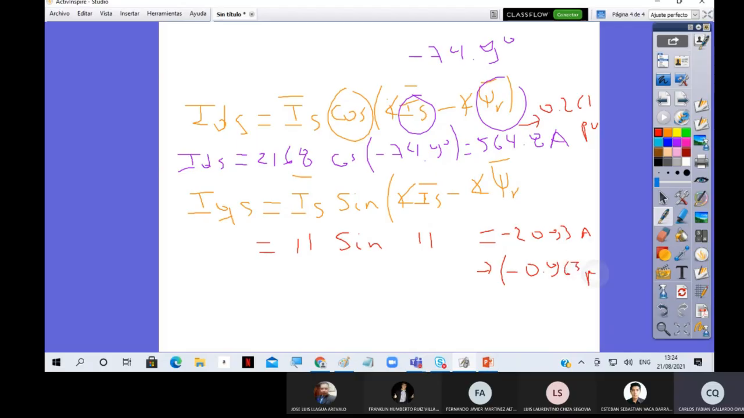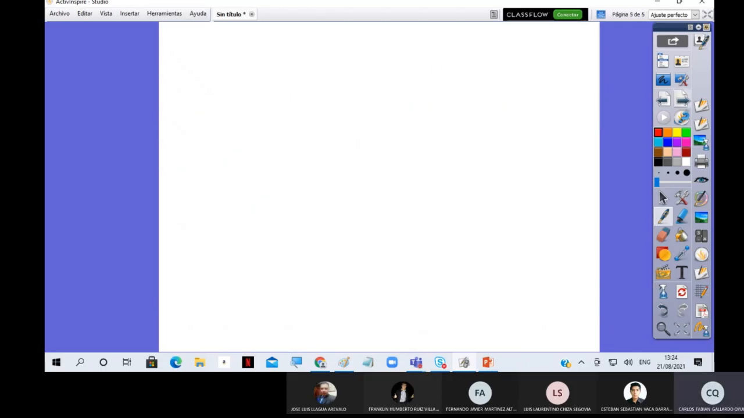taking into account the current base, is equal to negative 0.965 per unit. Okay, but the problem is asking me to compute the current peak values. So the current peak values are given by, I will have here the peak value